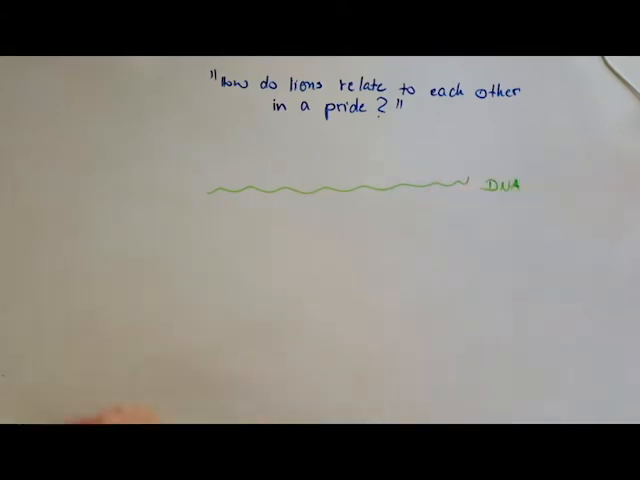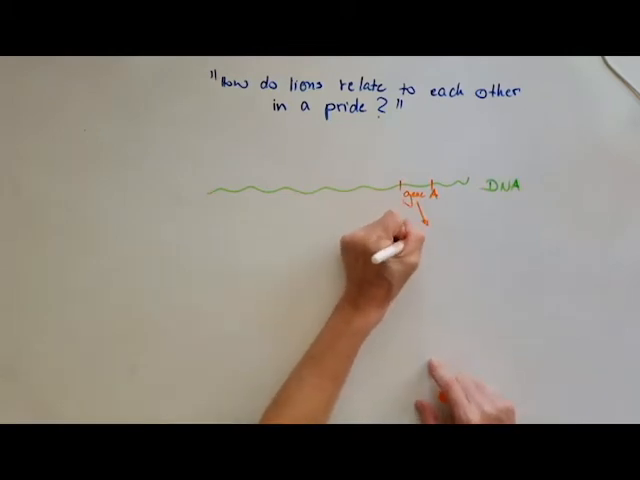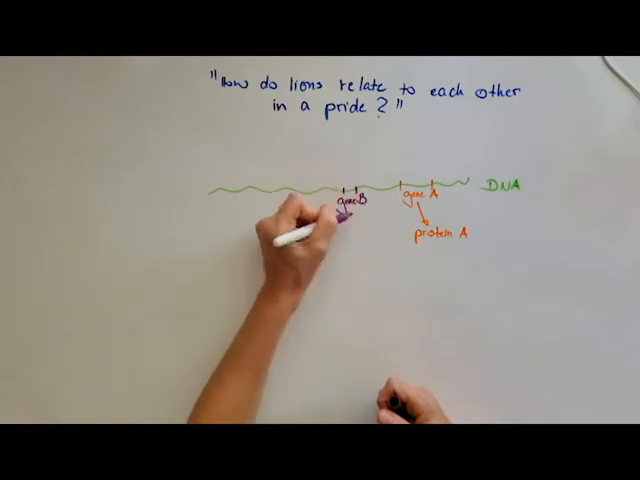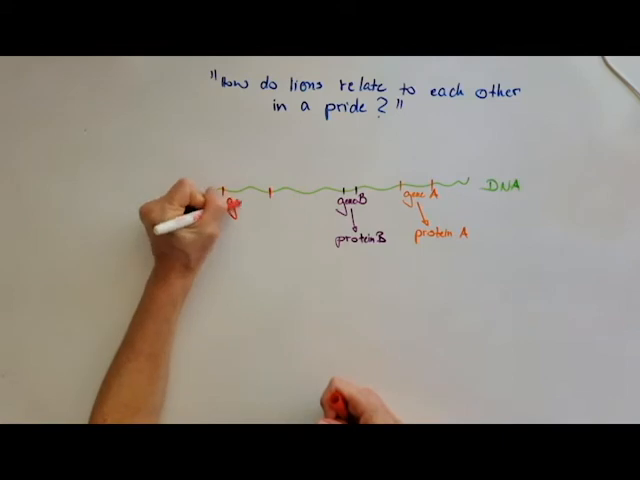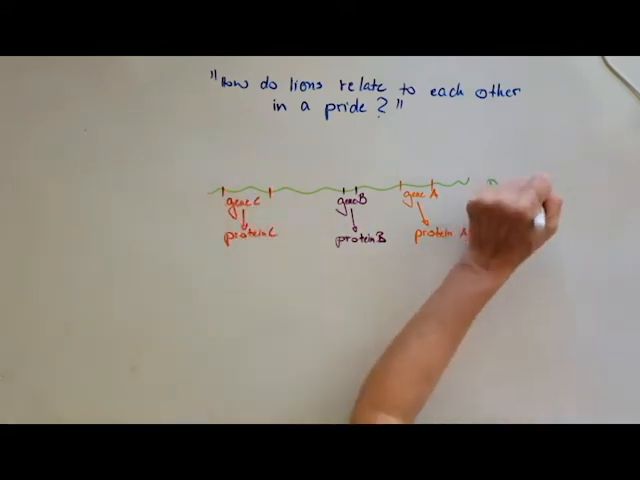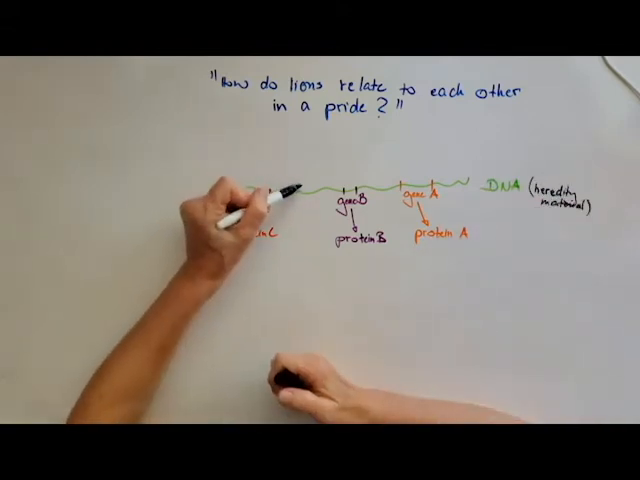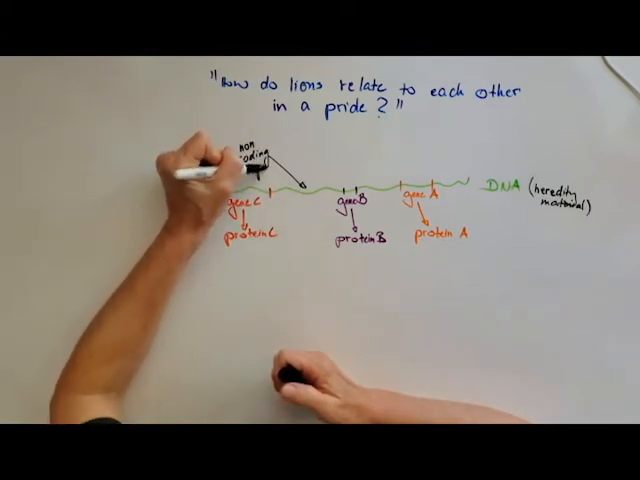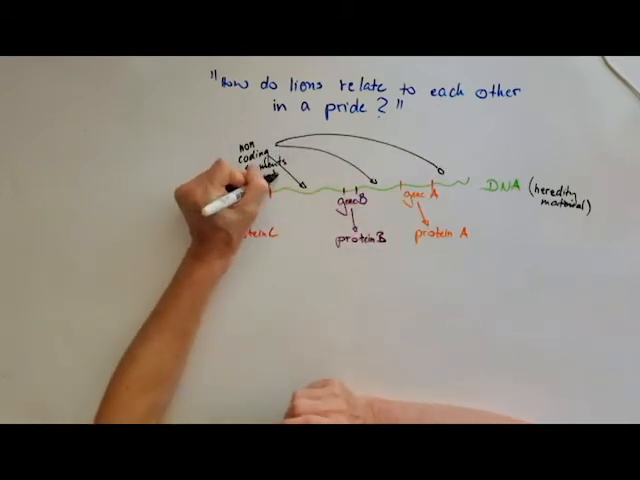This is a DNA, and the DNA contains segments, and these segments that code for a certain protein are called genes. We have gene B that codes for a protein B, and we have gene C and A that code for the protein C and protein A. DNA is a hereditary material, contains not only genes but non-coding segments that act as regulators, or sometimes we don't know what